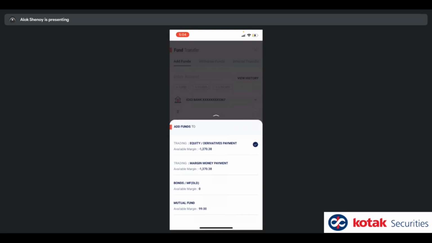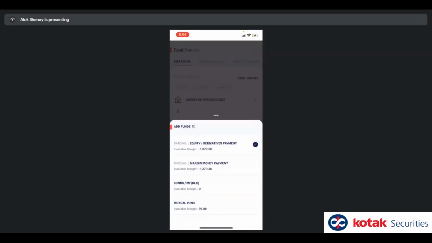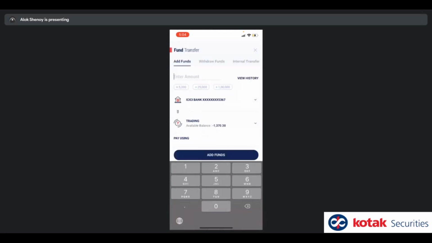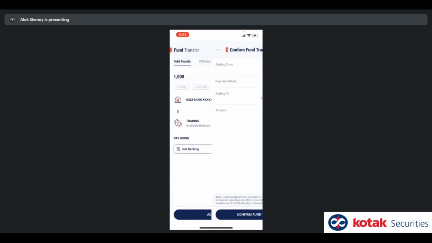For that, you can click on the second entry, which is the trading link. Click on that, and it will give you this, where you can now see the various segments in which you can transfer money to. Okay. Now, if I want to transfer some money, I just type in the number, okay, and say add funds, and it takes me to money transfer, right? And one more click, and I'm on the payment screen.